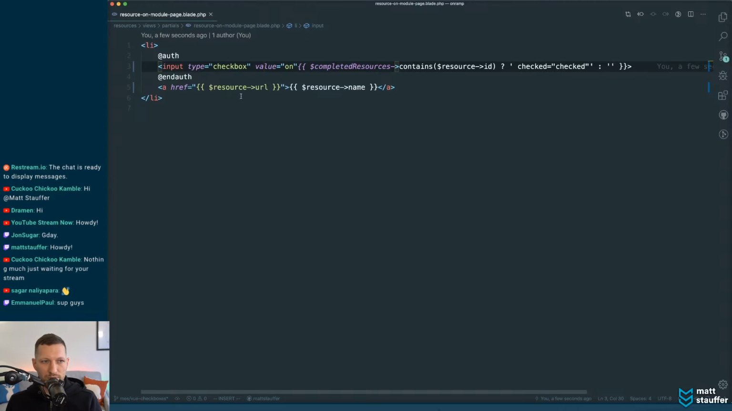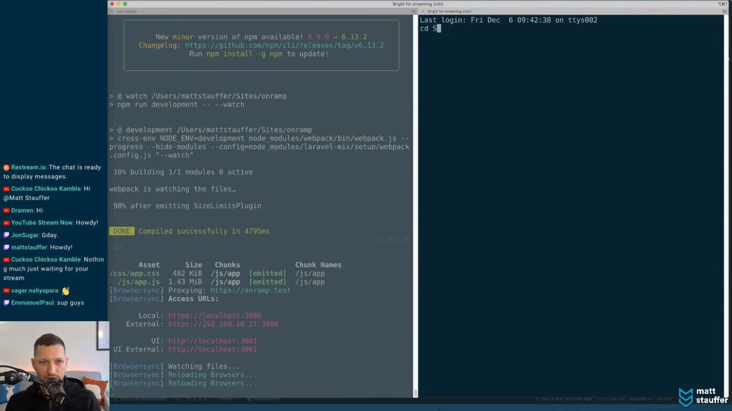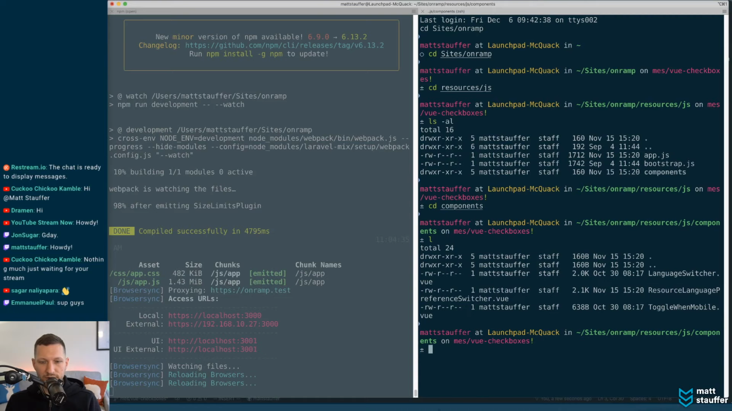So let's build this component. Resources, JS components. This is where your components live, and you often will just copy one of your existing ones to make your new one. So we're going to name this as, I